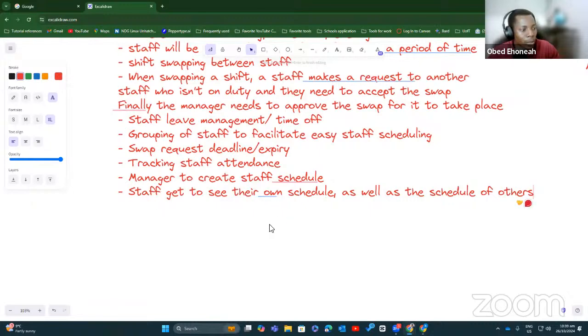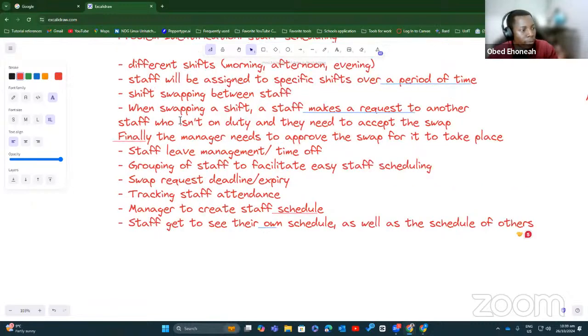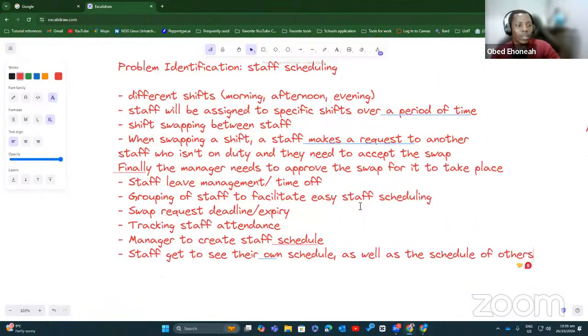And what else? What else should people be able to do? Staff, we've noted that they are able to request. Ima, please go ahead. They are able to request swap between colleagues. What else should we consider? Yeah, I was thinking if talking about staff seeing other staff schedule, why don't you create a system where you can just make the schedule, then it pops out at each side. So it's not like you make the request to a particular person, but you just make the request, then it's there. So if someone wants to swap with you, you click on it, then you swap.